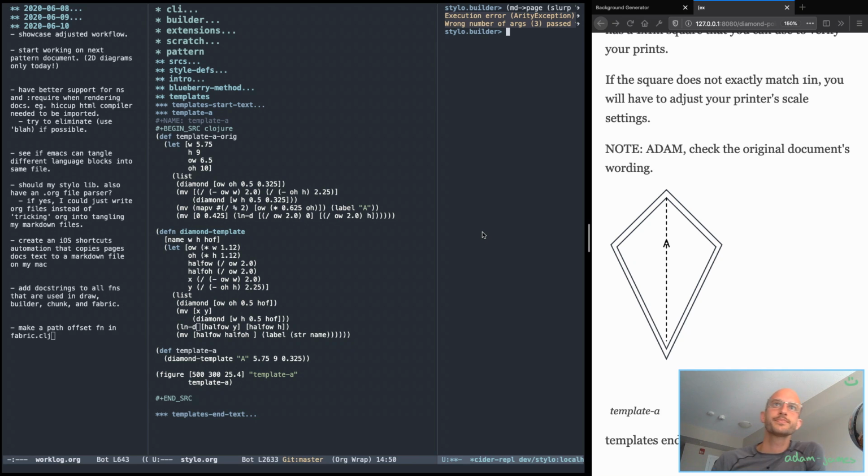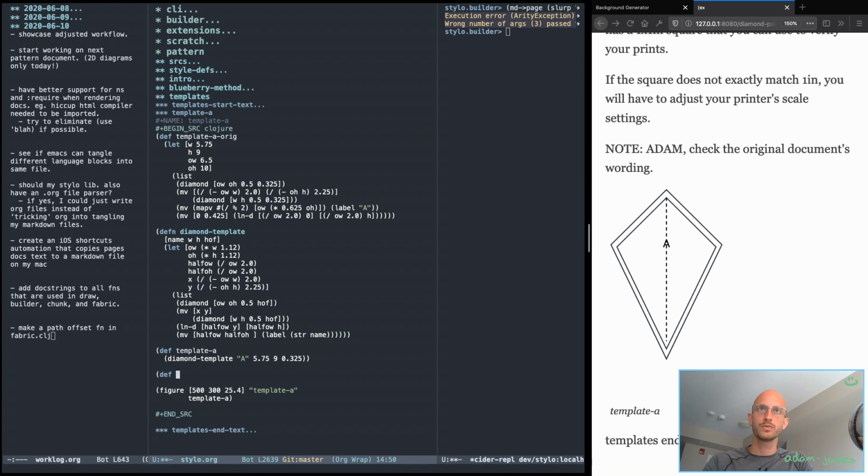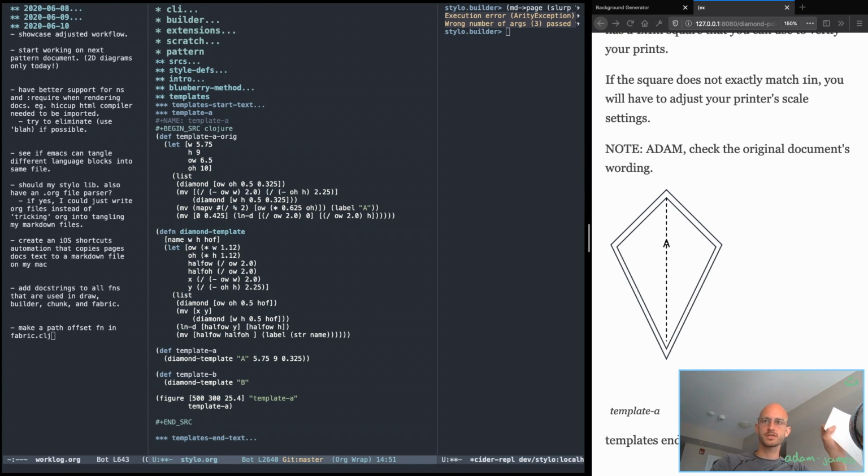Okay, so that's template A. Actually, before I delete that, let's do template B, and let's try to run that. Diamond template B, and we'll draw this one, which is similar but smaller than this one. You can't really, maybe you can't tell. Right, so this is A, bigger, this is B, smaller. Get the idea, right? So B,